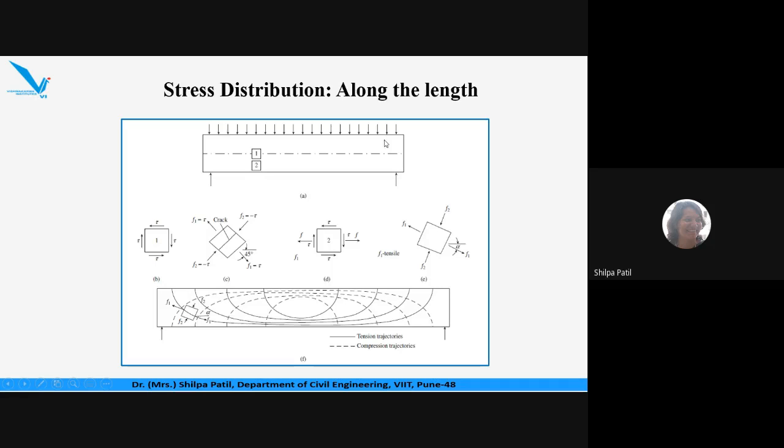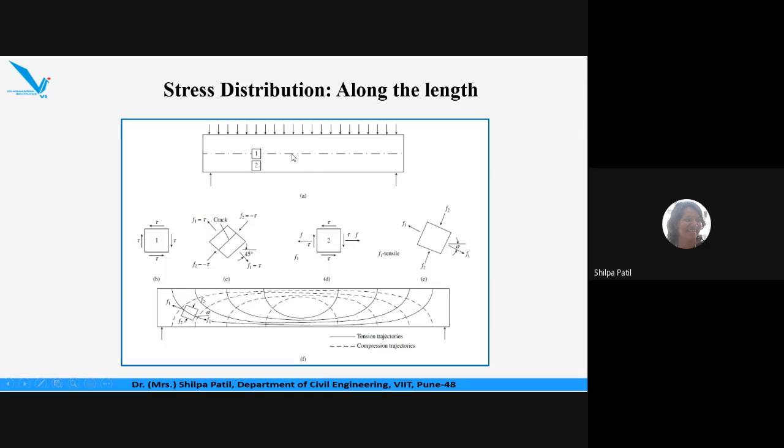So along this length of the beam, if I'm considering any particular element exactly at the center of the beam and at the bottom, extreme bottom fiber, where there is a maximum tension. And why am I considering the center? Because at the center of the span of the beam, there is a maximum bending moment and the shear force will